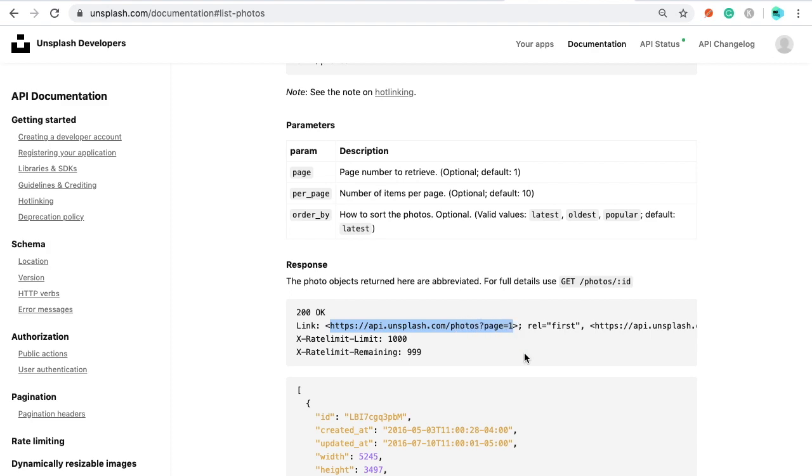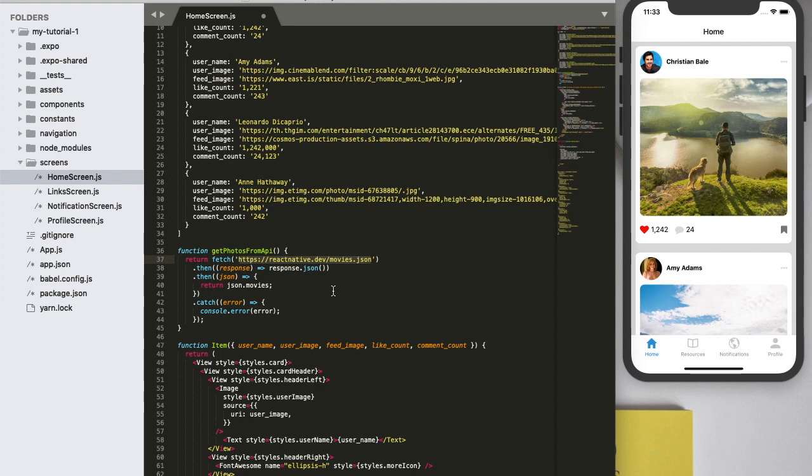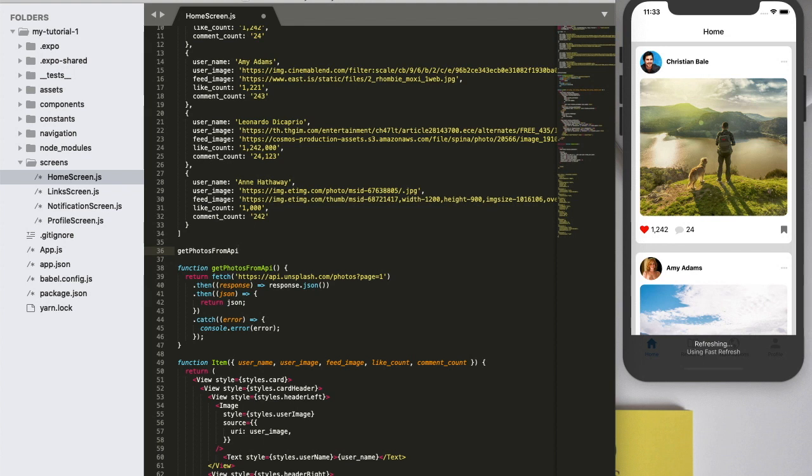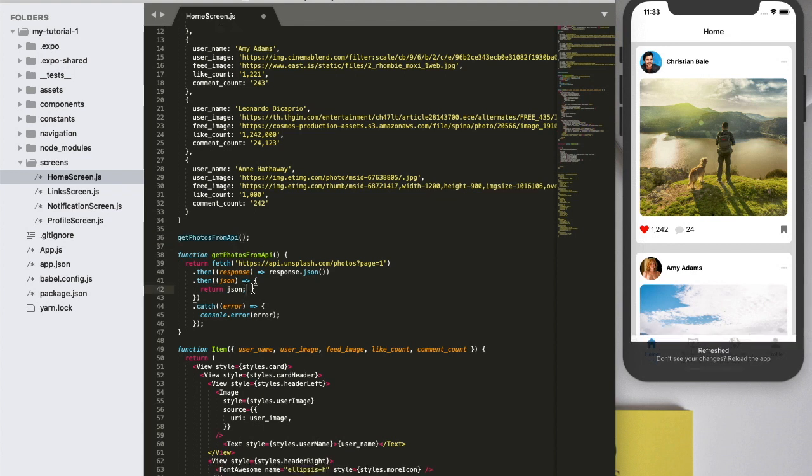Copying this one and pasting it here. We need to print just this JSON response, not json.movies. Now let's call this function and print the data here.